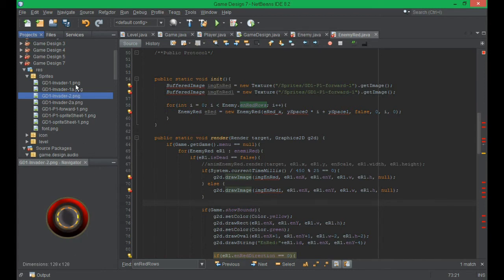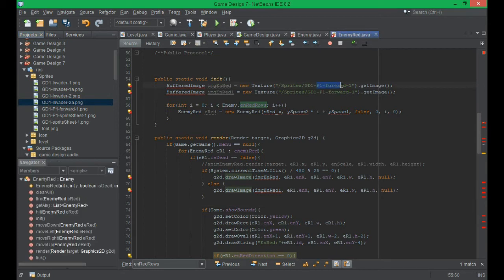128 and 2A, so 128. Oh, we look at. So these are GD Invader, and this is -2, and that was 2A. Okay,